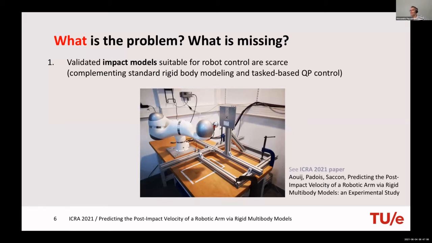Because for robot control, nobody is going to model all the flexibility in the drivetrain, or hope to get very accurate models. Most of the time, for robot control, what you use is rigid body dynamics, maybe with some simplified impact models, like the ones presented in the previous presentation. So how can we compare reality with this simplified assumption? And when we have the simplified model, how can we use it?